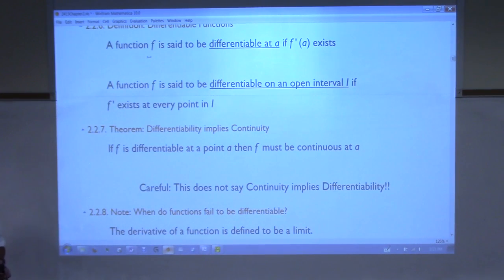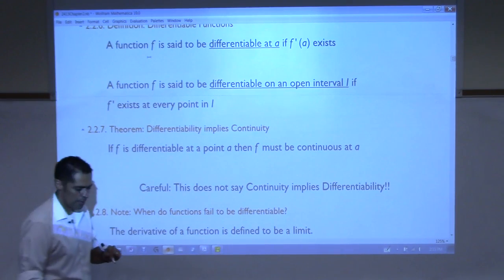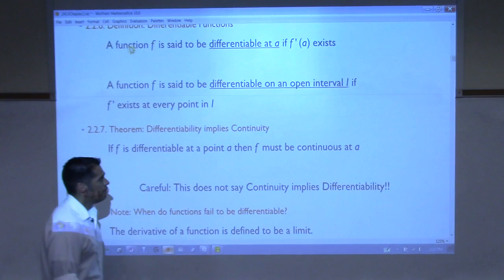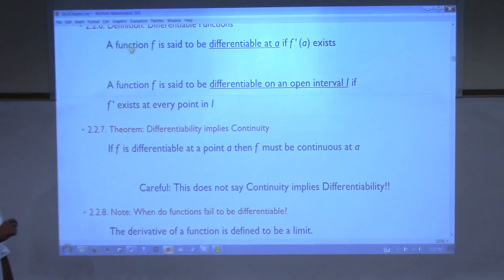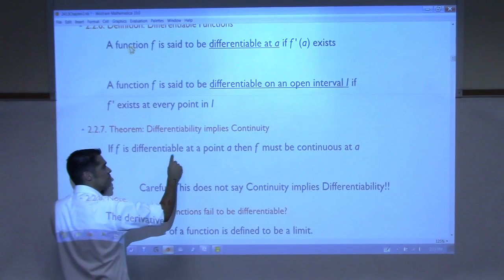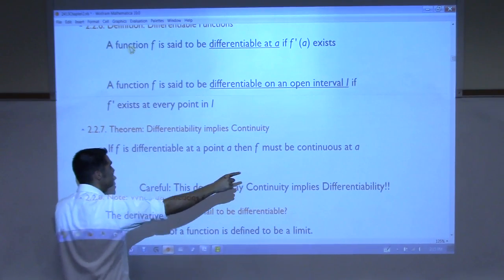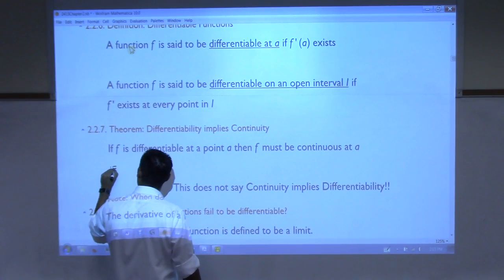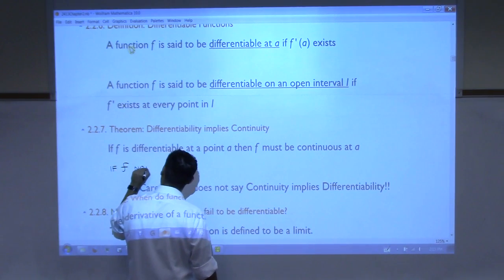Differentiability implies continuity. If you are differentiable at a point, you must be continuous there. It's impossible for it to happen without being continuous. Now, you can also state this a different way. If f is differentiable, then f must be continuous. You can also say if f is not continuous,